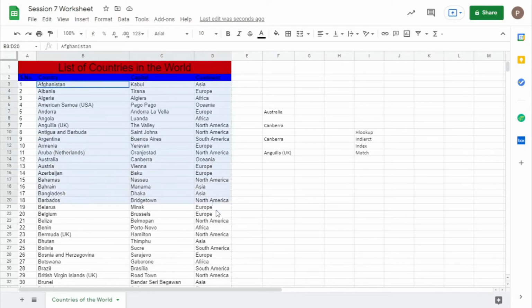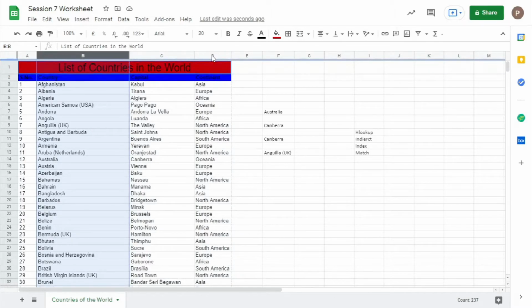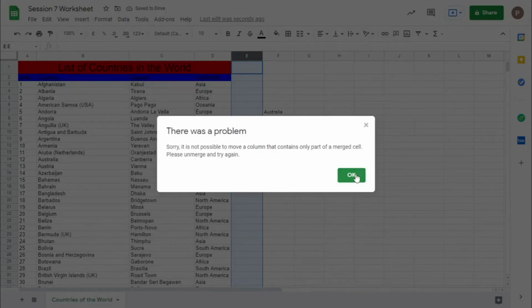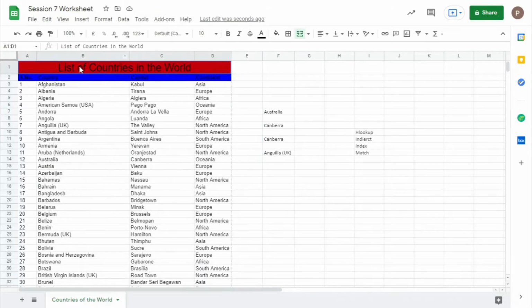See here like this. If there is a difference, then all you have to do is move B here. Since there is a match cell, it's not moving, so let's match this.